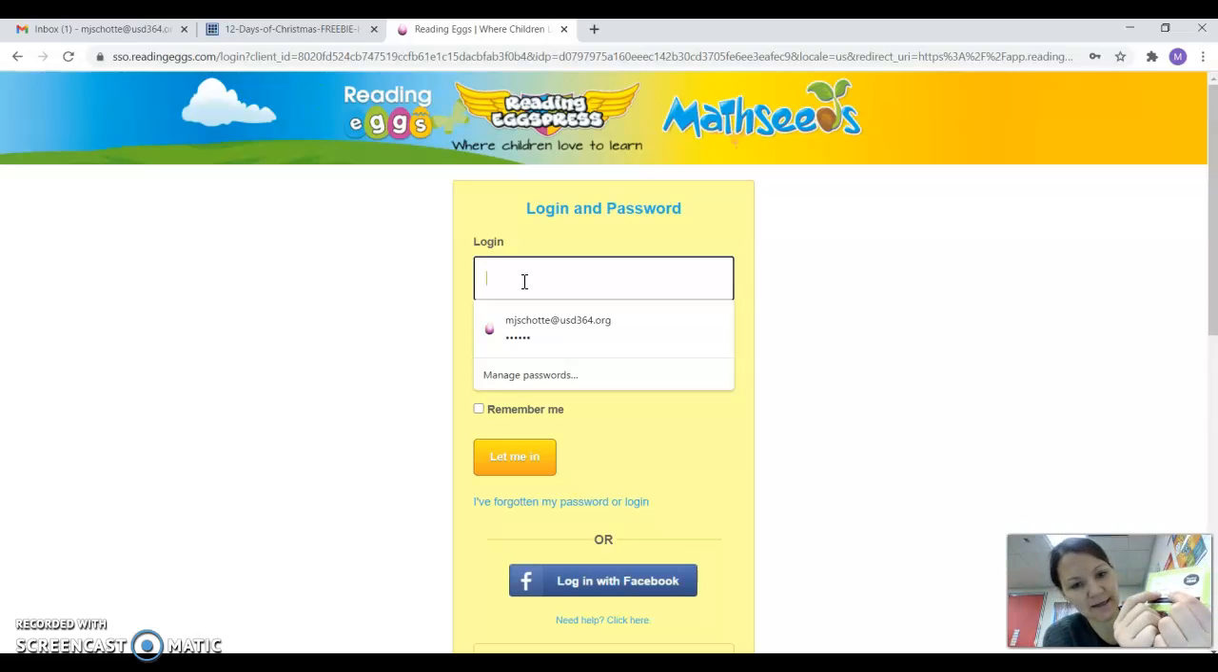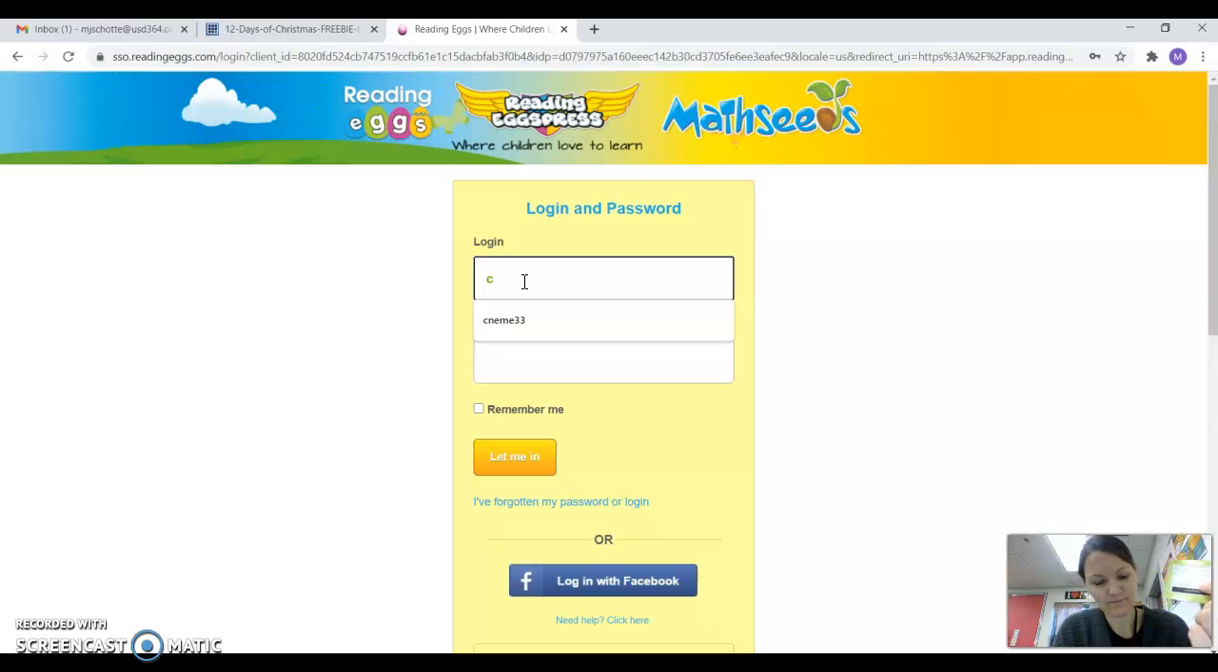So Clara's first letter is a C. She's going to look on her keyboard, find a C. Her next one is an N. Find the N. Then there's an E, an M, another E, and then two numbers, 3, 3. So I go up to my numbers up top or to the side and type in 3, 3. Okay? After I have all of those numbers and letters typed in, then I'm going to click down in my